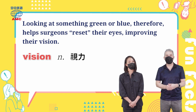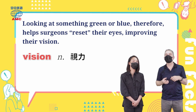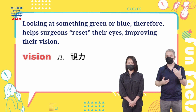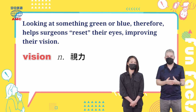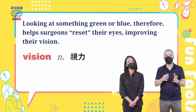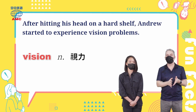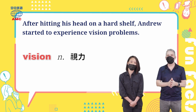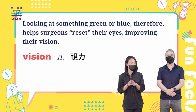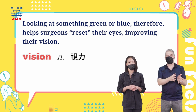Your vision is a person's ability to see. You could have great vision and see things clearly. You could have poor vision and have trouble seeing things far away, close up, or working out what color is what. We can also talk about someone's vision being their idea, their plan, their goal, but here we really just mean your ability to see. For example, we could say, after hitting his head on a hard shelf, Andrew started to experience vision problems. Vision 在这边指的是视力，那它还可以当作一个人的远见。